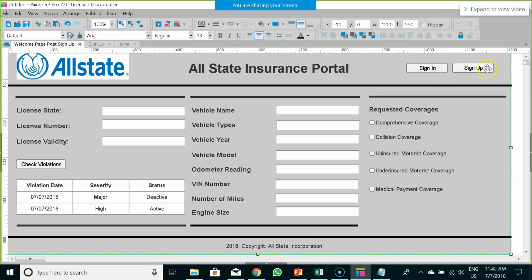After that, I would be having a button, calculate my quotation. After having provided all this information,